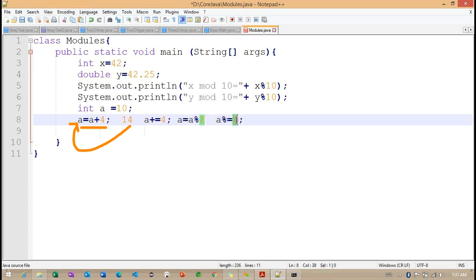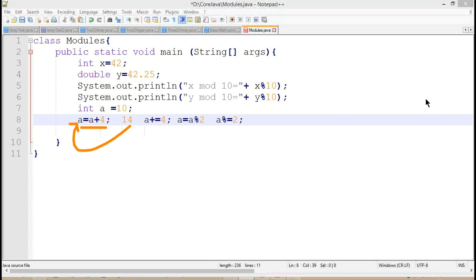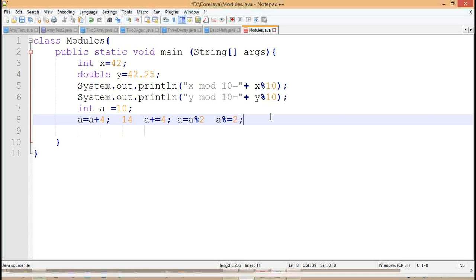Same with subtraction: a minus is equals to 10. How we define a minus is equals to 10 here. Getting the point? So this is the way we can work with a particular compound operator here.